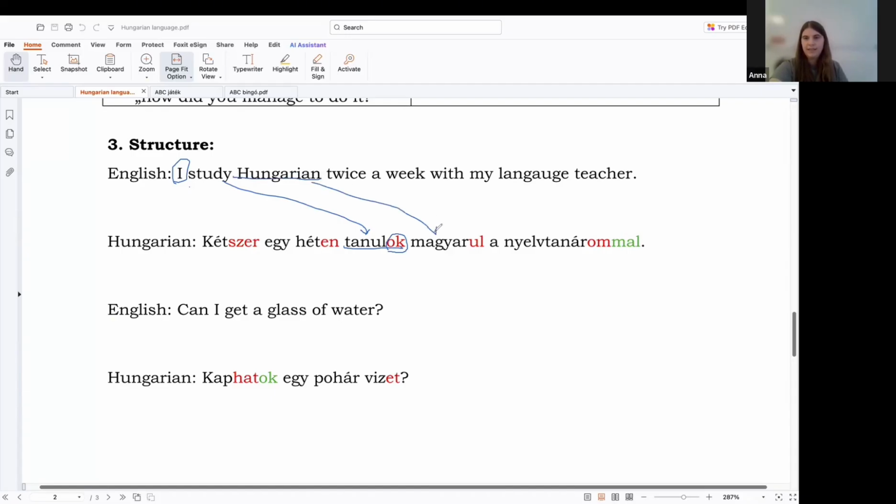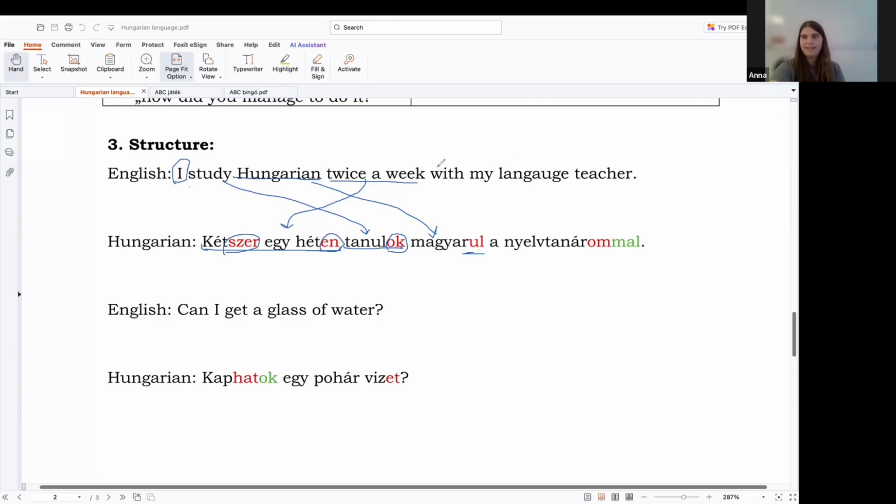That's here. And then we have this suffix here, this ul, which we usually use. You can only use it with languages and only with certain verbs. So if you want to say you're studying a language, or you can speak a language, or you know how to use a language, we have this. Then we have twice a week. That's here. Usually in Hungarian, if you say a time, that comes first. So like saying rarely, on Monday, twice a week, and so on. Now this szer is the once, twice, three times, four times, and for a week, that's the